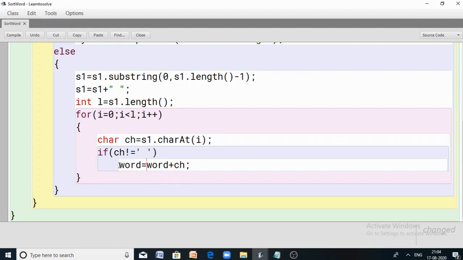Now when ch is not equal to white space, that means it's an alphabetical character, and I gather it in a word. Suppose it's a white space, in that case whatever you gathered in this variable word is a word, or a part of that sentence. So you keep on adding characters until a white space is encountered. If a white space is encountered, whatever you gathered in this word is a word in that sentence. In that case, in the else part,